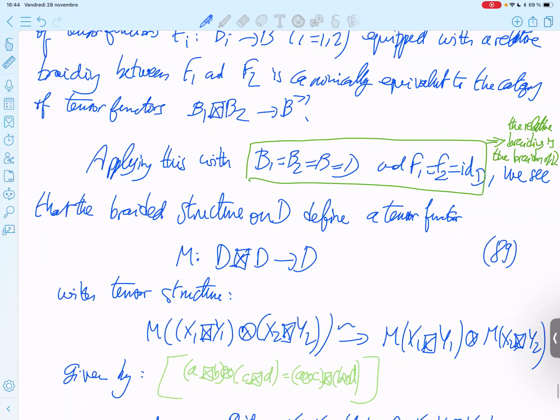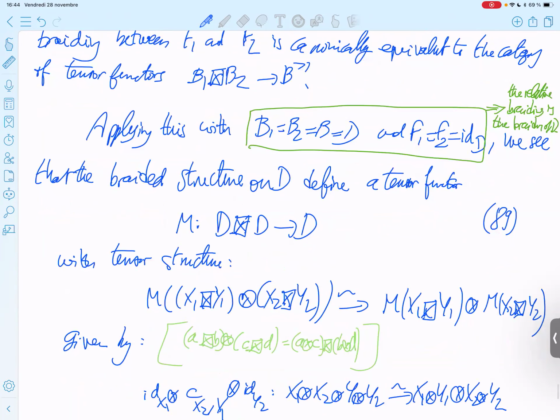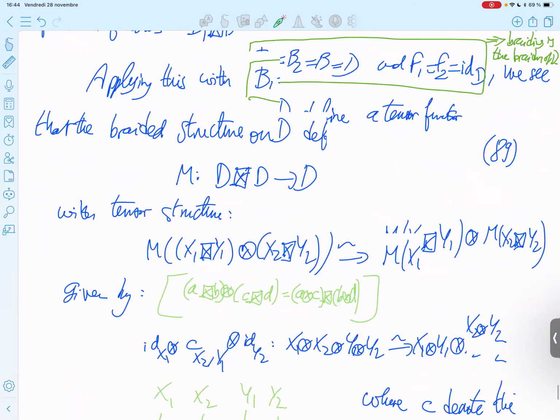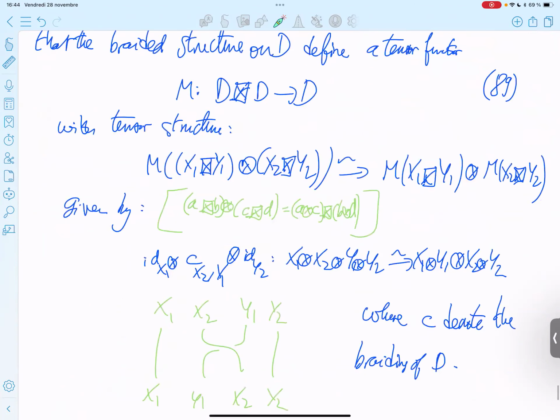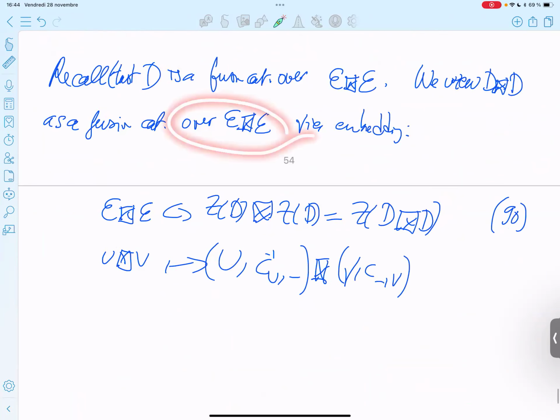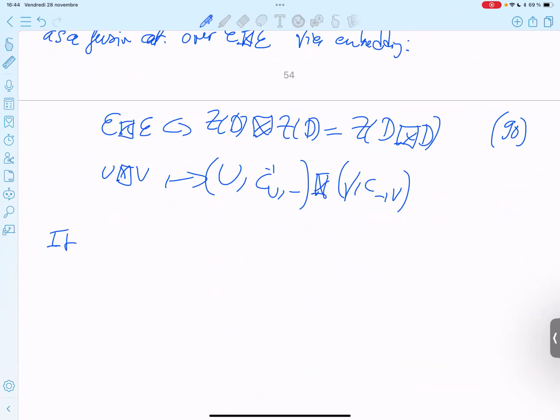So we also need to check that this is a tensor functor. So why is this a tensor functor? But why is it a tensor functor over that, with this additional structure? It is straightforward, but we will still provide some details. Straightforward to check